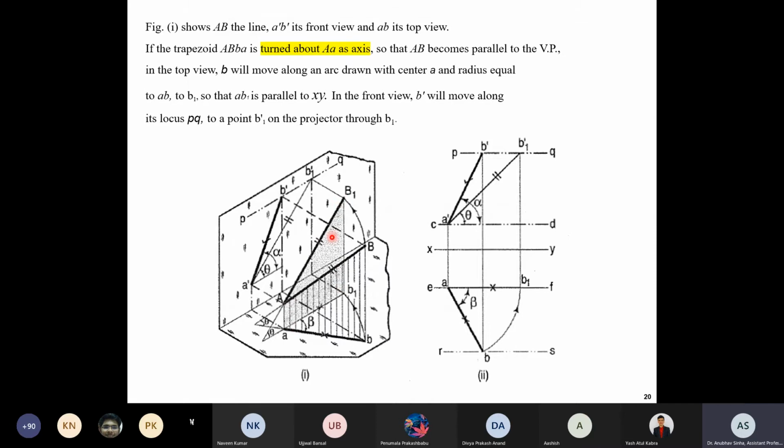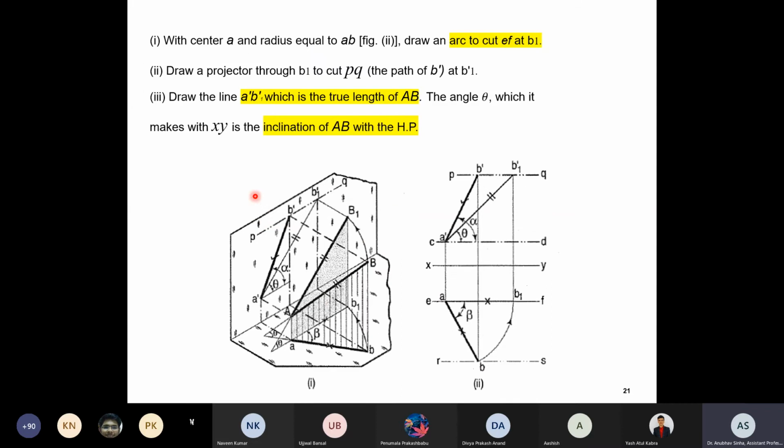So this is the piece in the first, let us say at time t. After some time I rotate it, and this is the new position. This hatched region or line or whatever you see, this is the new position of the same trapezoid which is maintaining its shape because it is cut from a solid cardboard, right? So I'll just rotate it so that it becomes parallel to one plane. Okay. Move along an arc drawn. So same, basically similar type of construction will be used, and it becomes parallel. So I can find the true length.